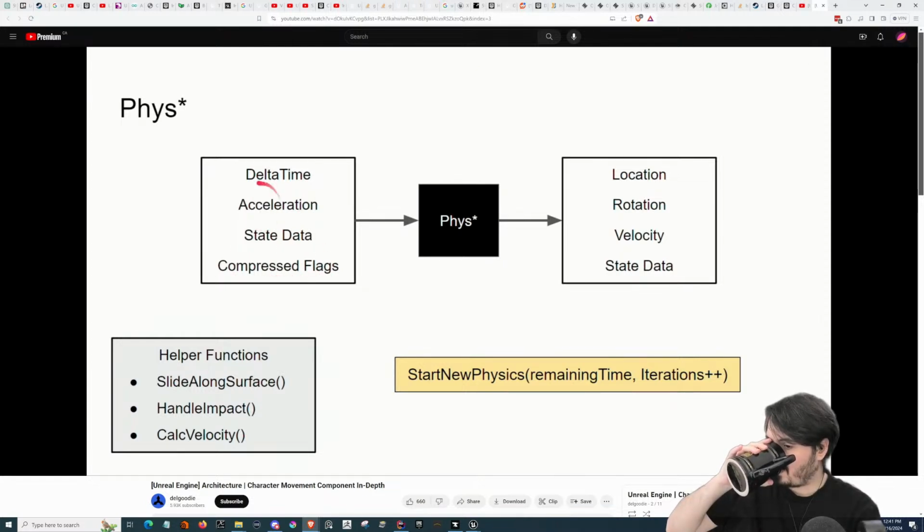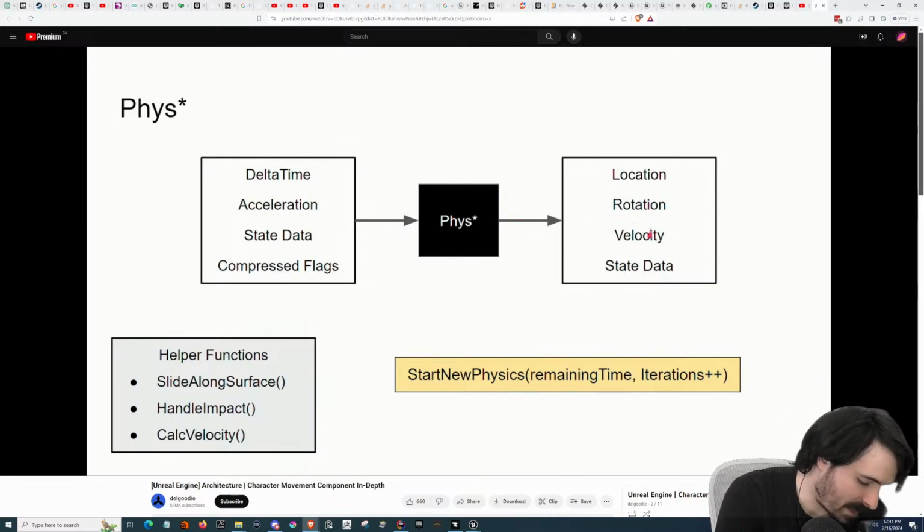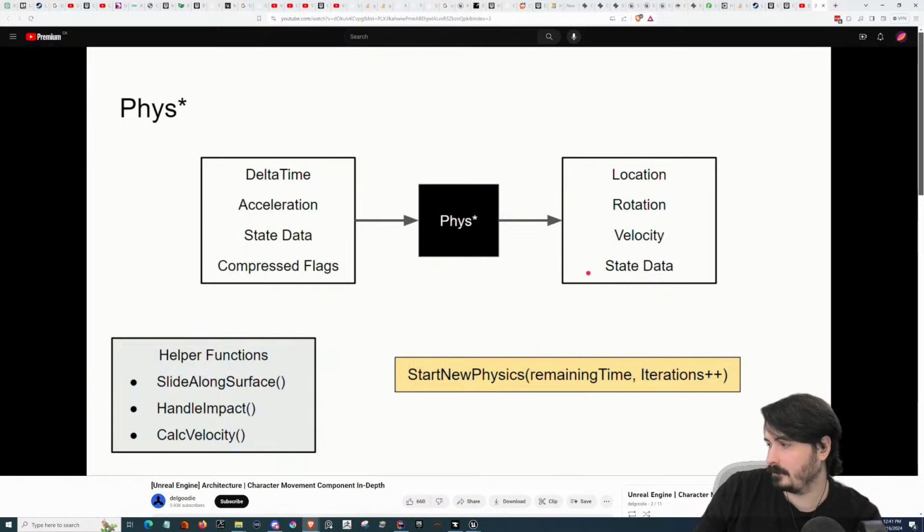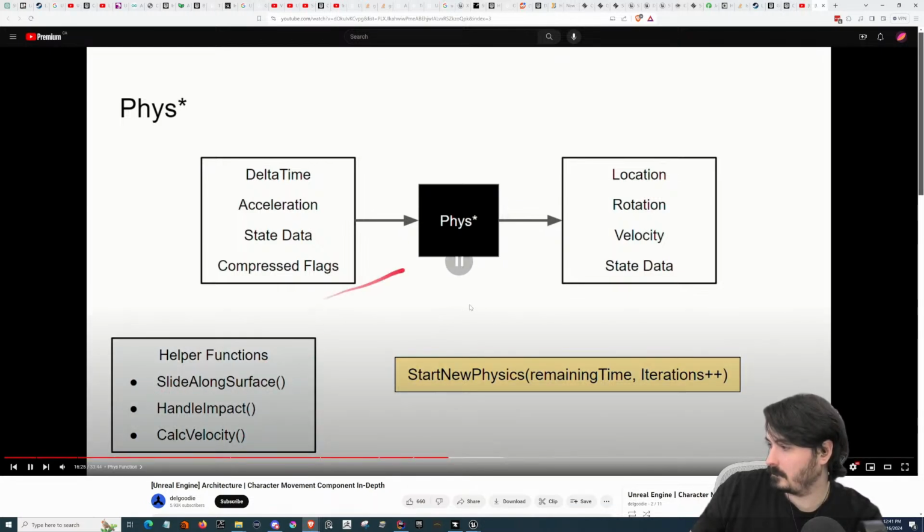So you don't need to worry about this for now, but these are all the things that the physics function operates on. And then it will change the location, the rotation, the velocity, and then any additional state data on the character movement component. And this can be things like maybe it updates a dash cooldown, or maybe it flips a flag that affects whether or not you can dash, stuff like that. And so then there's also some helper functions that Unreal Engine provides, which you don't have to worry about for now, but this is just useful. Like you can use some of these functions, which